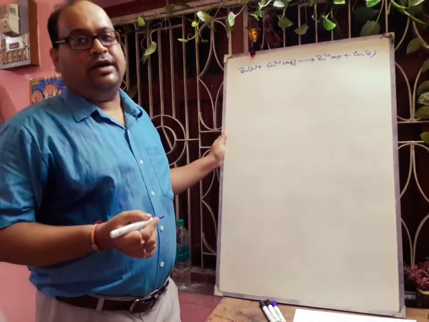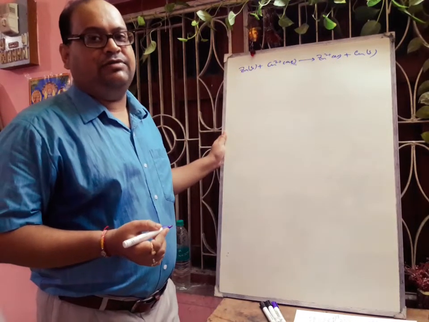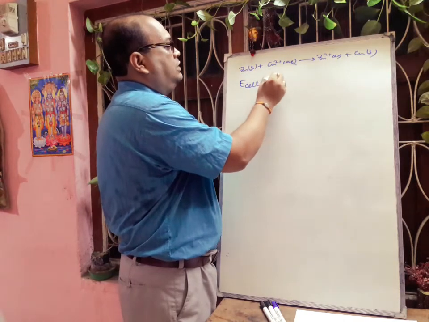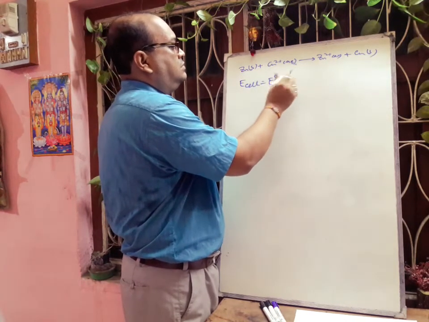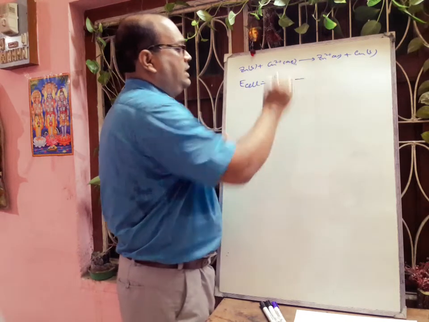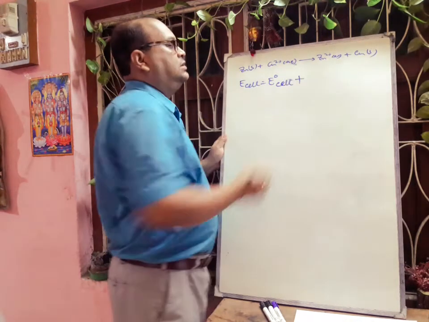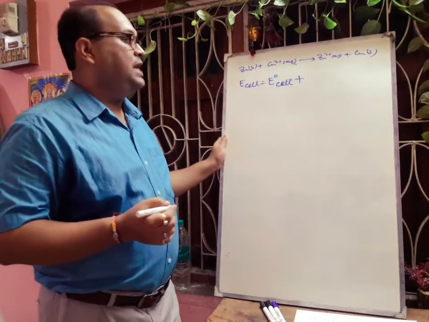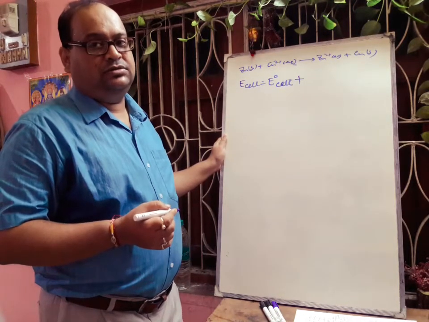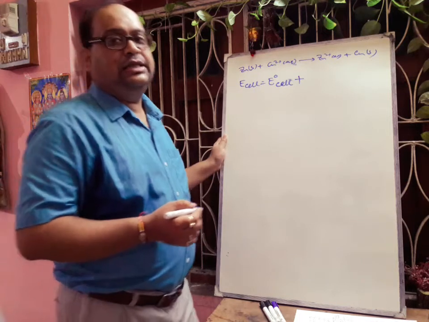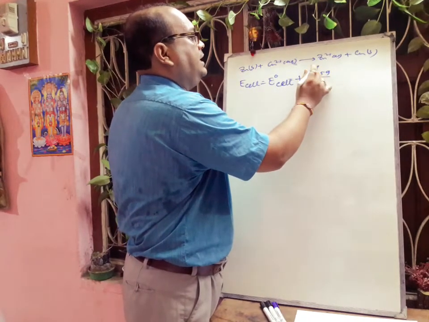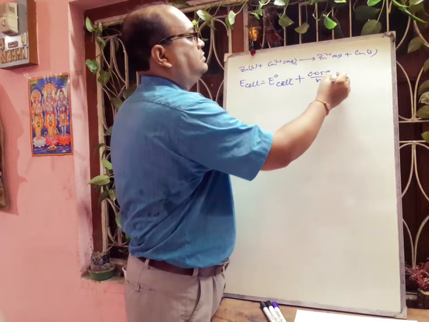Now in this case, if we write the Nernst equation, E cell is equal to E0 cell plus, if we write plus, then it will be reactant by product. So it will be 0.059 divided by n into log